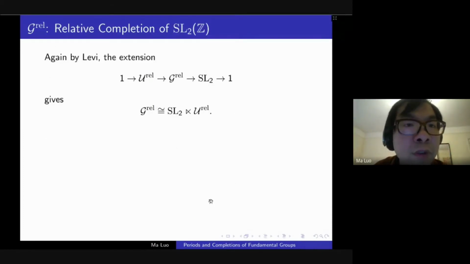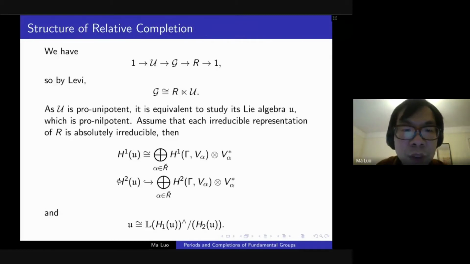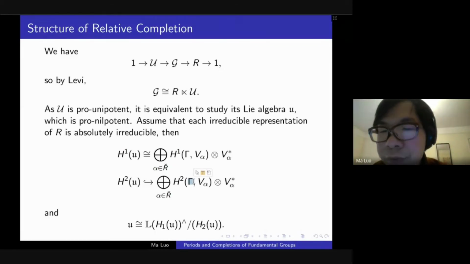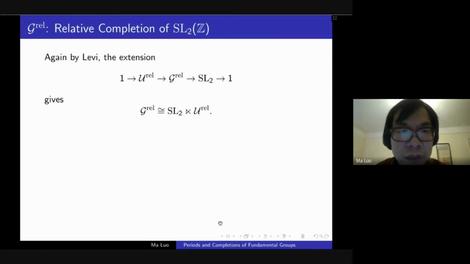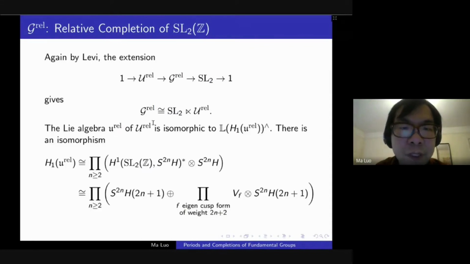So in particular, for the relative completion of SL2Z, the H2 part: H2 for SL2Z is, because SL2Z is virtually free, 0. So there's no relation, and the Lie algebra in this case would be a free Lie algebra generated by H1 of U rel. And if you put in the formulas from the last page, you would get this,